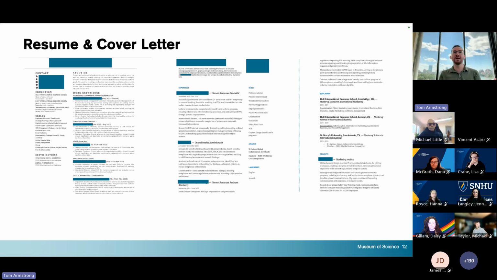That's too long, especially for an internship. I don't know why a student would have 2 pages worth of experience, but that's just an interesting thought. And I would just be also mindful of the information you share on here. I did once get a resume that in their objective or the about me section, they said that they wanted to make their mom proud. And I get it. I also want to make my mom proud, but is that not necessarily something you want to share in a resume?